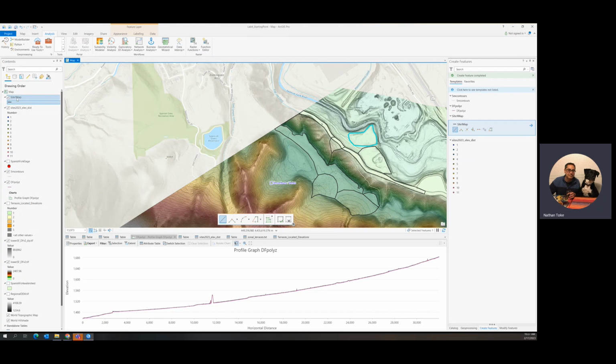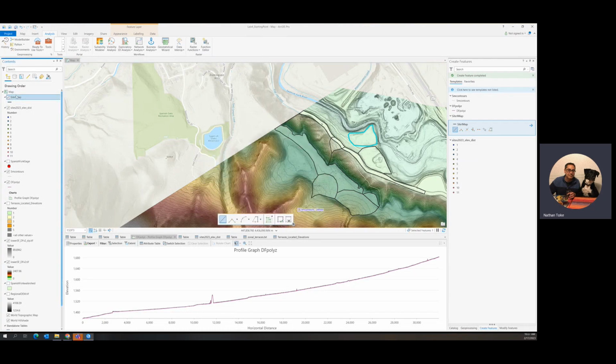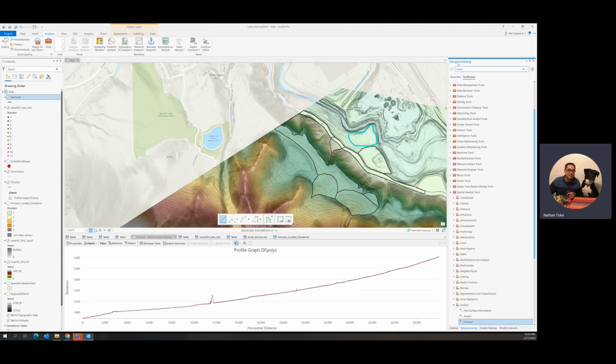I probably should have called it site one. It's not the map. It's actually like I should have named it this. So click on it. Site one lines, right? This isn't renaming it, it's just describing it in your APRX project. But the next thing we do is we